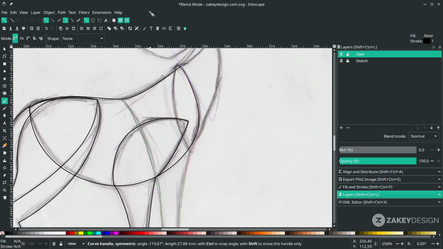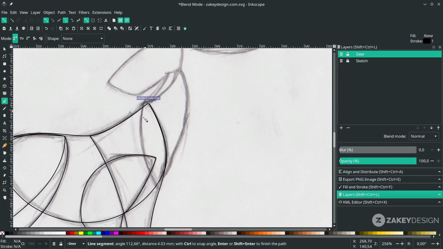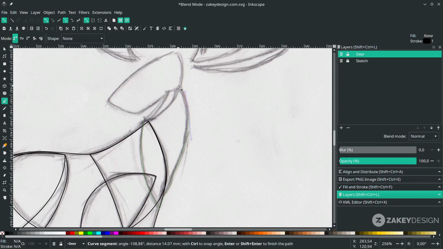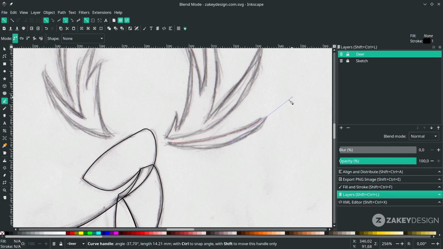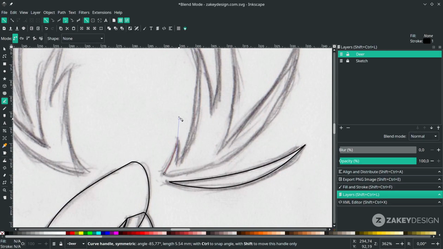On here, hold Shift to lock the corner and release again. And on here as well, lock the corners. On this, just do the same: lock the corner, hold Shift, and just release it.